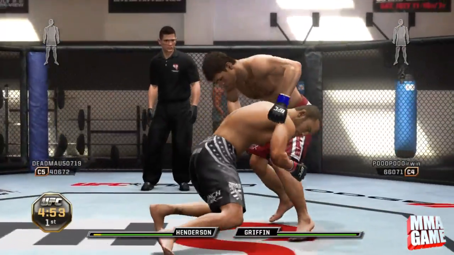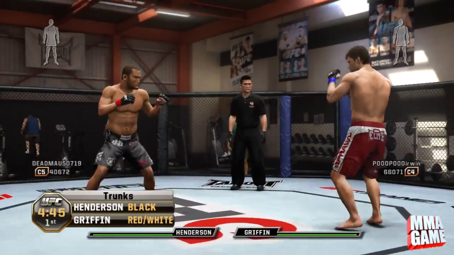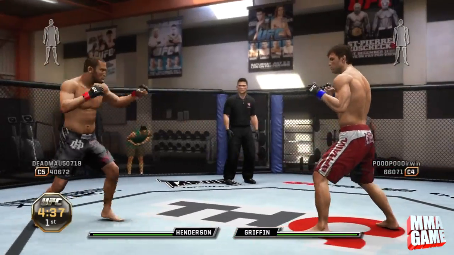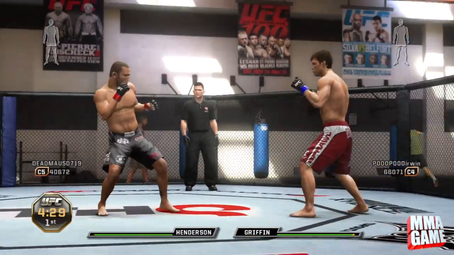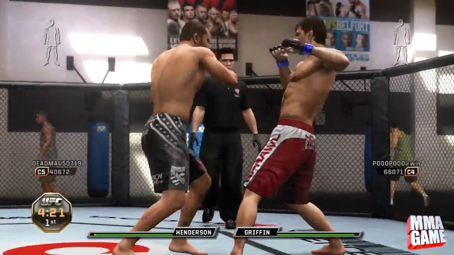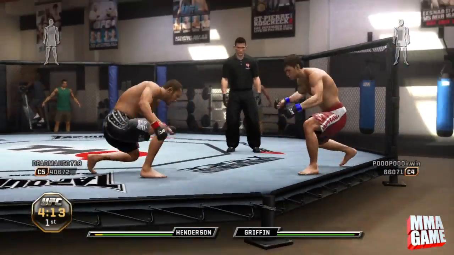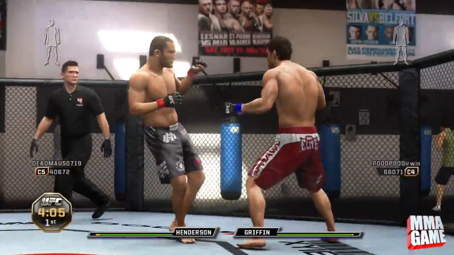In this video we got Forrest Griffin going up against the man everyone seems to pick, and the man who was supposed to face John Jones, Dan Henderson. He is a very popular guy on this game if you haven't noticed that already, and he is pretty challenging if you don't really know how to go about fighting him. So I'm going to be giving you guys a few tips on how to beat him specifically,